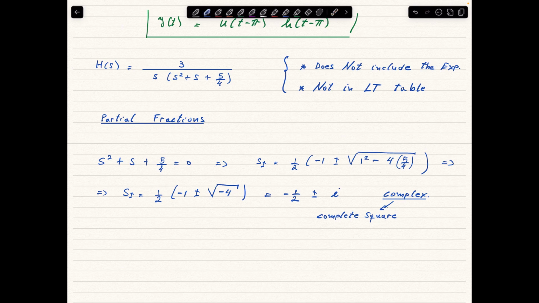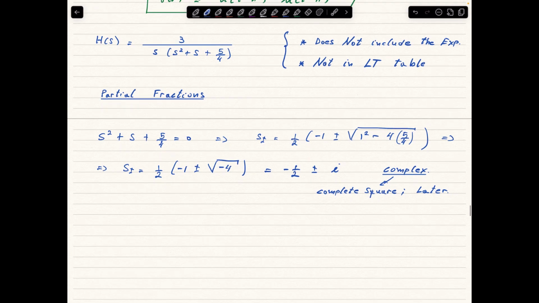We don't need it now for the partial fractions. Right now we know that we need to keep this factor all together, so the partial fraction decomposition in this case is that H of s, which we said is 3 divided by s times s squared plus s plus 5/4,